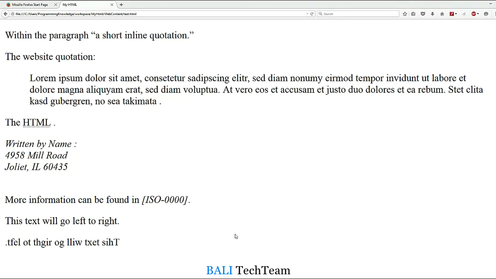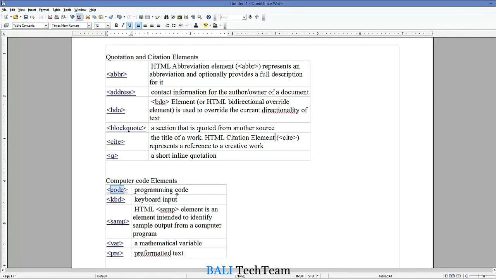Now let's see what are the computer code elements which we can use in HTML. So the first element which you can use for this purpose is the code element itself, and this element you can use to include some programming language code, right? Now second element which we can use is the KBD element, or keyboard input element, which we can use to show